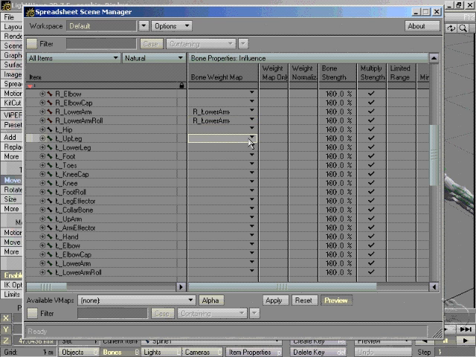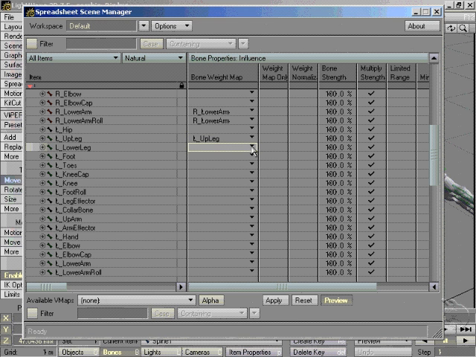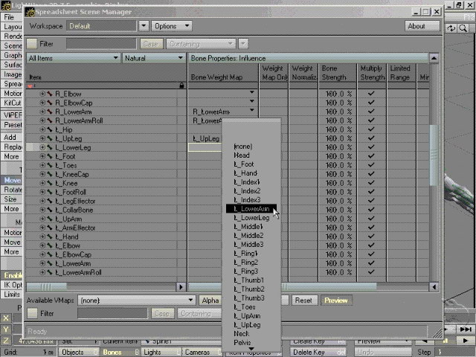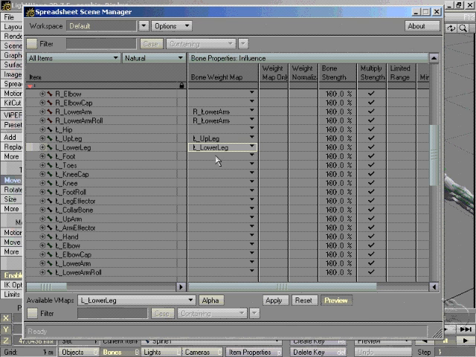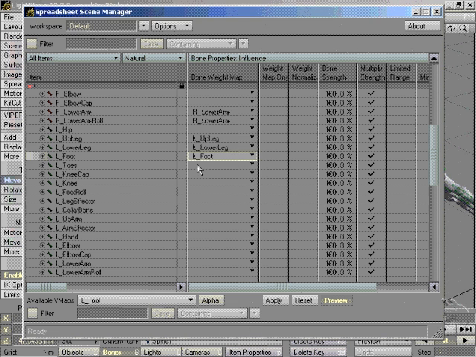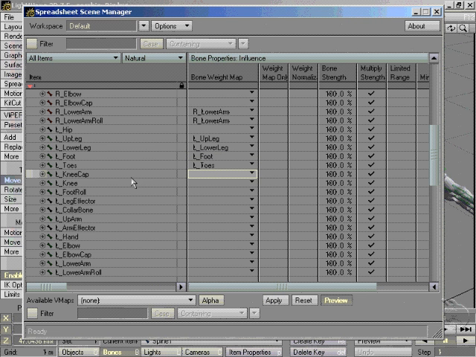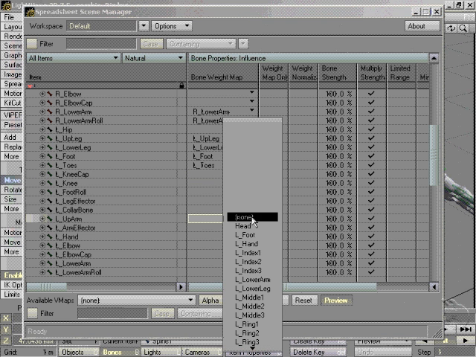Left hip, we'll skip that. We'll go to left up leg, just down here. Left lower leg, which is right there. Left foot. Left toes. We'll skip left kneecap, left knee, left foot roll, left leg effector, left collarbone, and then we'll go to left